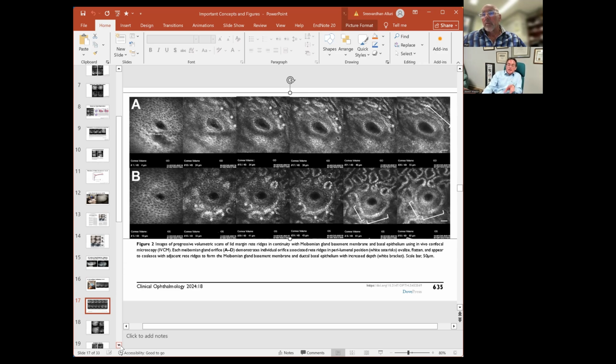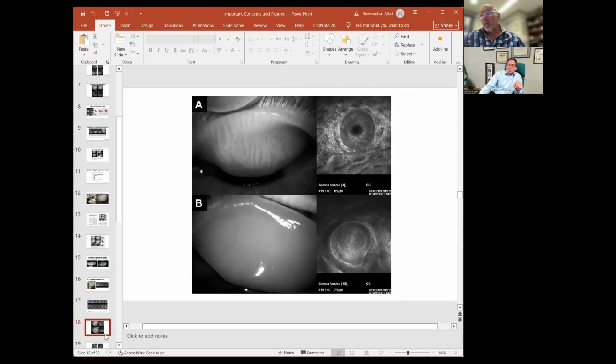The other thing is we're going to report next year, but we found a significant association between healthy ridges and advanced atrophy of the meibomian gland on meibography. That's another area where the confocal microscope is very useful. Now, we talked about healthy ridges and abnormal ridges. We didn't show you abnormal ridges, but here on this composite, we show in A, composite A above,